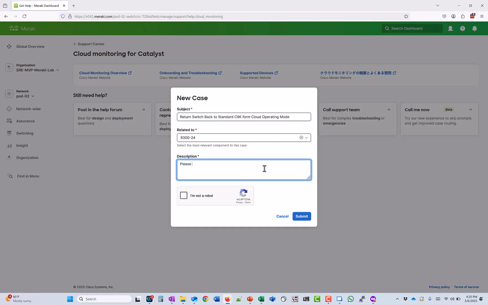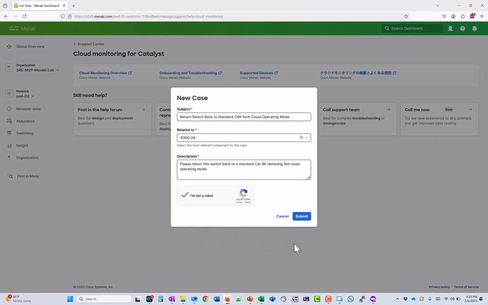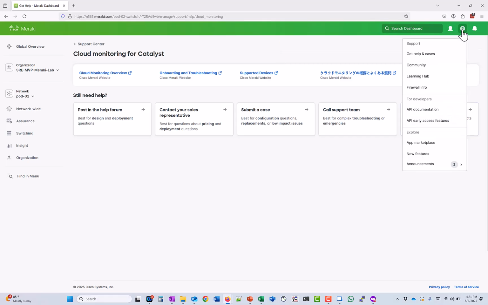Then fill in a description of what it is you want to say to the TAC engineer. Click the checkbox so that you are not a robot, and then click Submit. If you want to check on your case after you submit it, you can go back to the question mark in the upper right-hand corner and then select Get Help from the menu item, and then we'll see our case